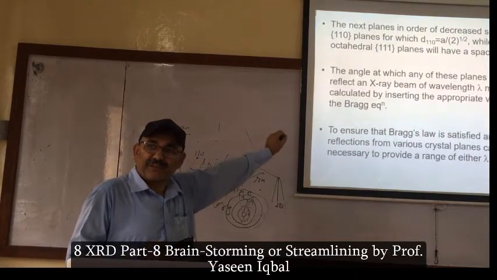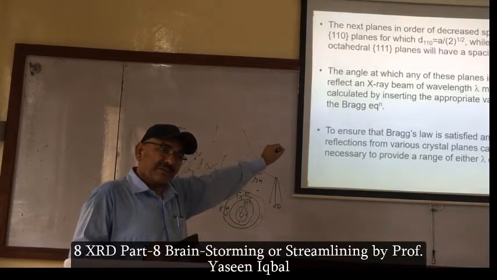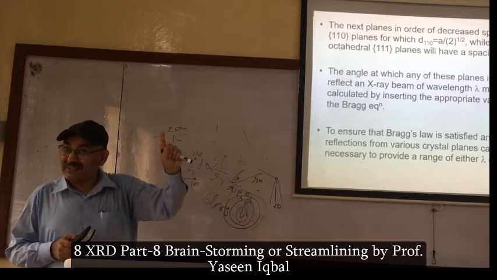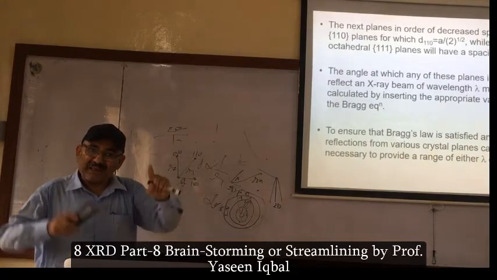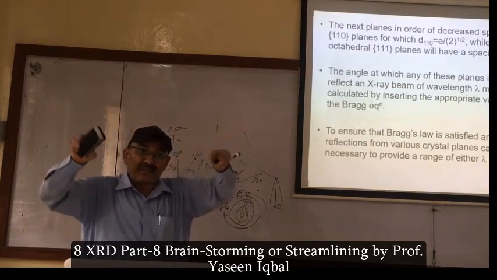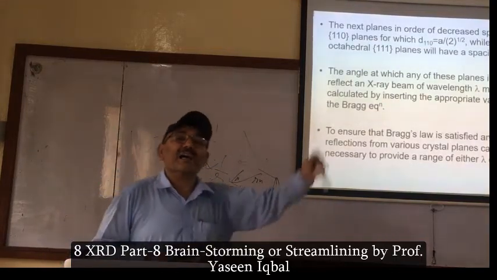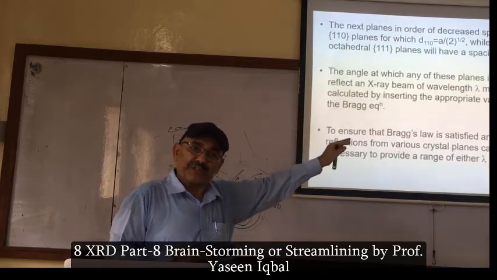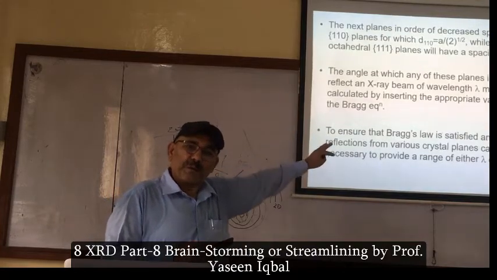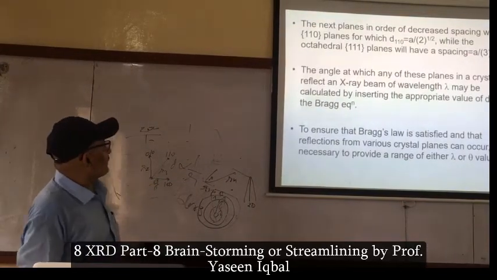He has used the middle bracket. Why? Because if he was telling us the 110 plane, then there should be the small parenthesis. But he is putting like this. What does this mean? When he is talking of all the parallel planes of the type 110, 220, 330. So when you are representing a group of planes, then you use that kind of symbolism in your presentation,